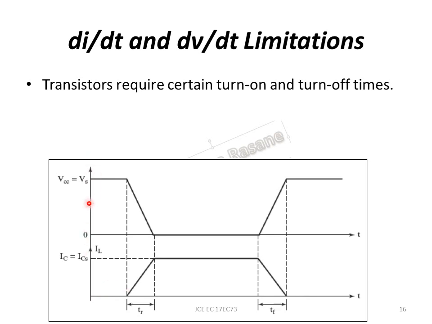So this is the voltage waveform and this is the current through the device. What happens is I want to switch from off state to on state. This is the on state. In the on state, voltage is going to be zero, but the current is going to be high. So these are the two stable states. This is the off state and this is the on state.